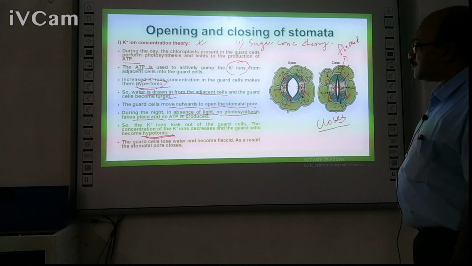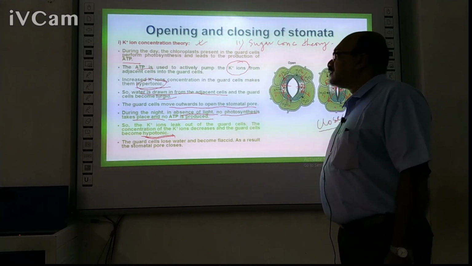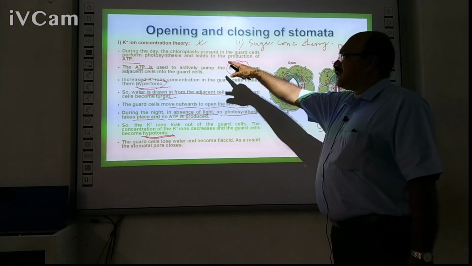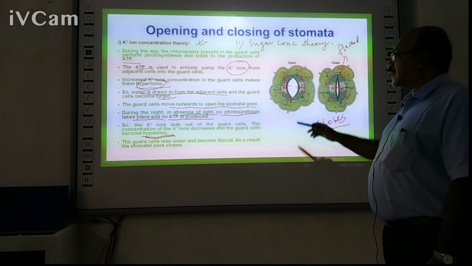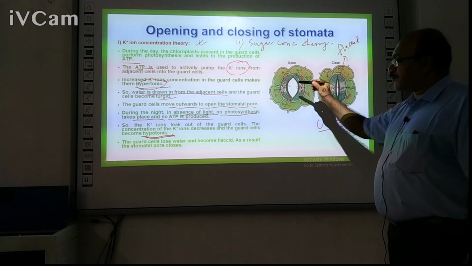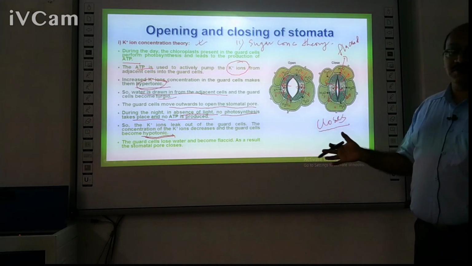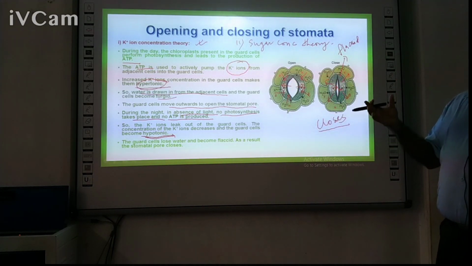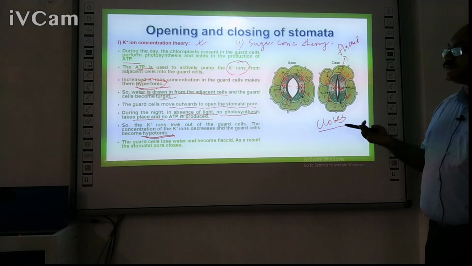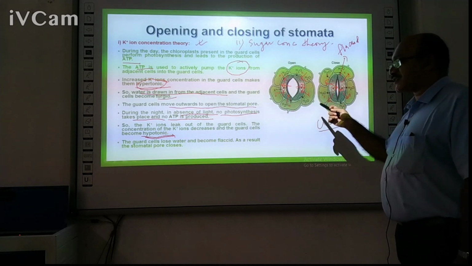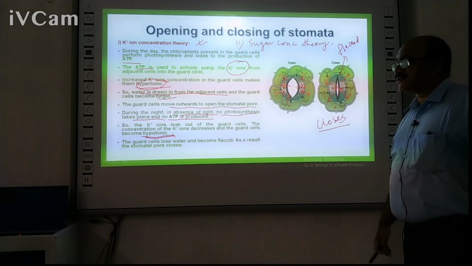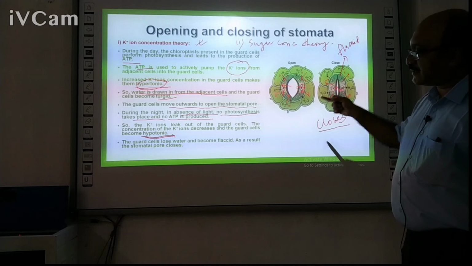Let me repeat once more, this is an important theory. So, again I am telling that during the daytime, the chloroplasts which are present in the guard cells perform photosynthesis, they produce the glucose. As they produce the glucose, this glucose is utilized to produce ATP. The ATP is then utilized to pump potassium ions into the guard cells. So, as the potassium ions enter the guard cells,